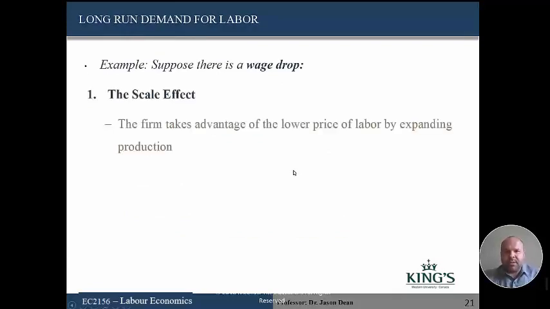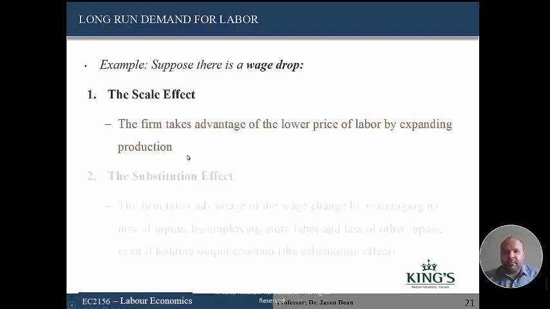So suppose there's a wage drop. The scale effect would basically say this: the firm would take advantage of the lower price of labor by expanding production. Sorry, this is the scale effect. And so you can think of the marginal cost curve that we looked at earlier falling, and so the point where price equals marginal cost is going to be at a higher level of